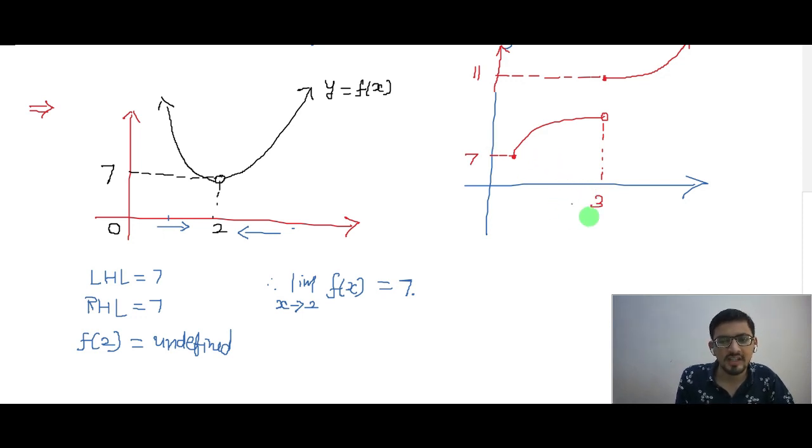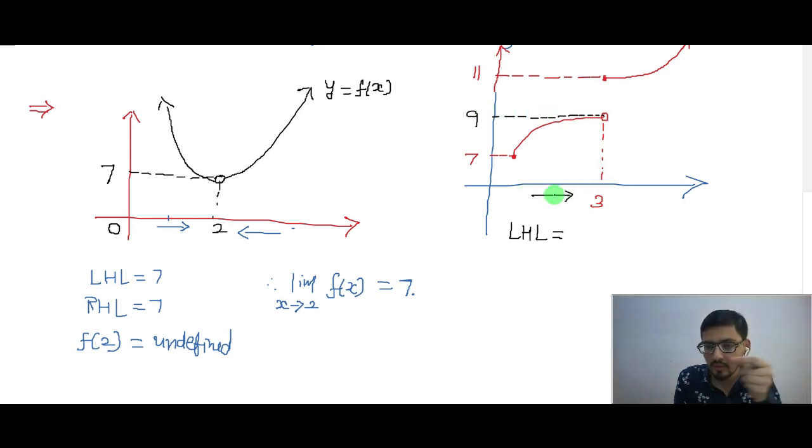Okay, if I want to find whether for this function limit exists or not at x equal to 3, so first I will find LHL at x equal to 3. LHL means what? You will see if x is approaching to 3 from the left side, so you can see corresponding y is approaching towards what? 9. You can see if x is coming closer to 3 from left side, y is coming closer to what? 9, as you can see from the graph. However, f of 3 is not 9. Okay, sorry. So LHL will be what here? 9.